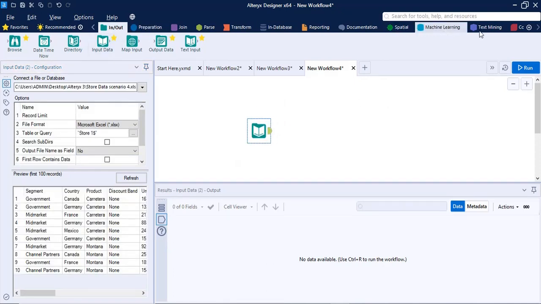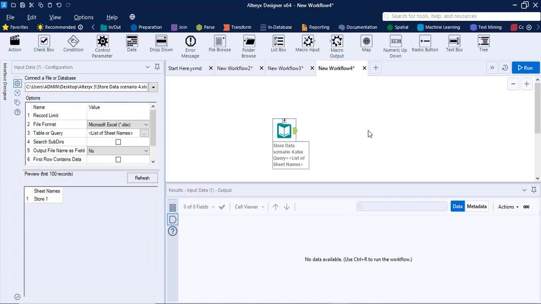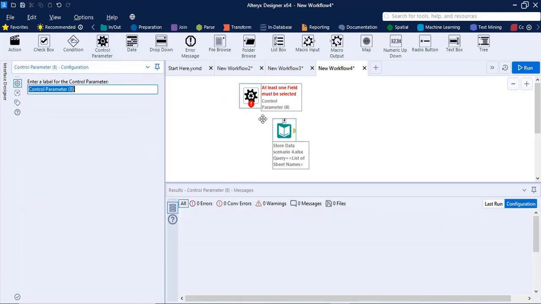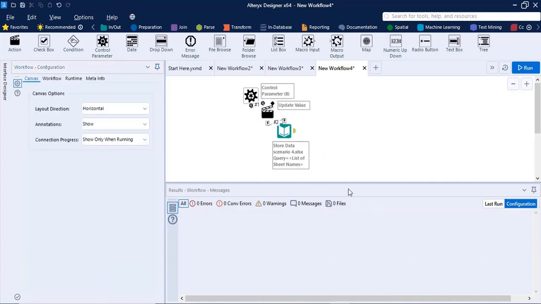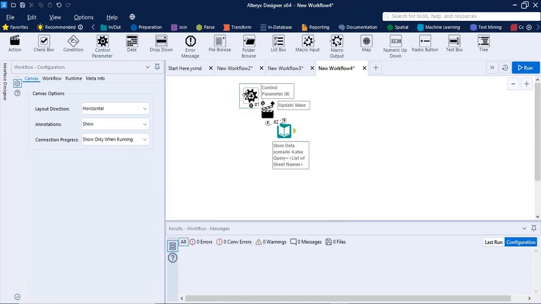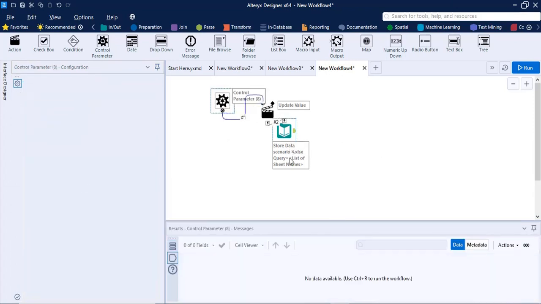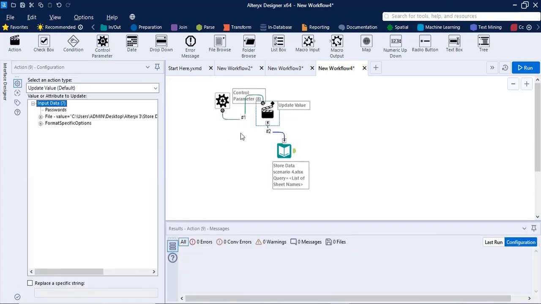After that, in the interface tab we need to use a control parameter. Our file path we are passing to the control parameter. In this action we need to select that file path.